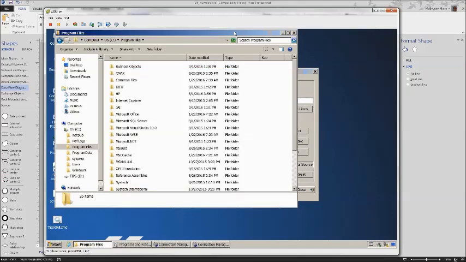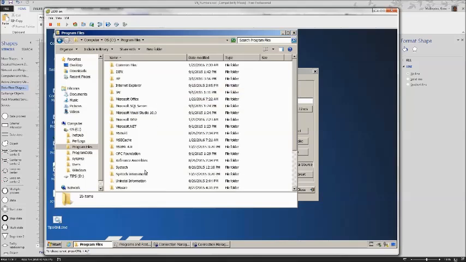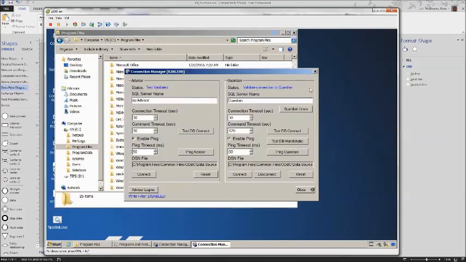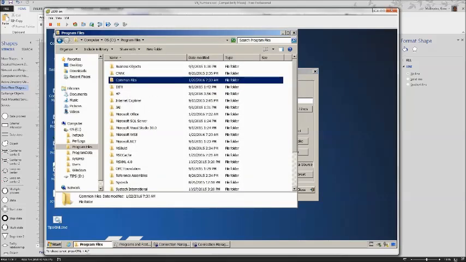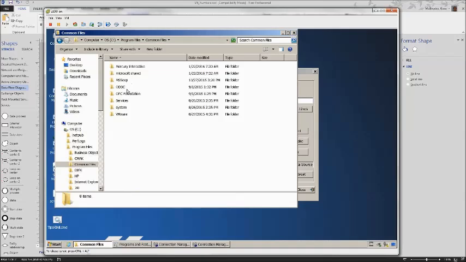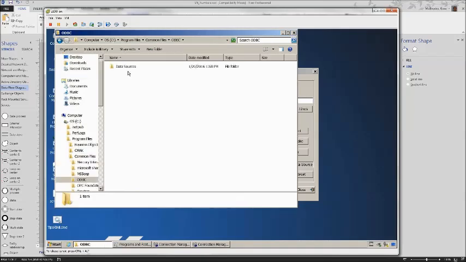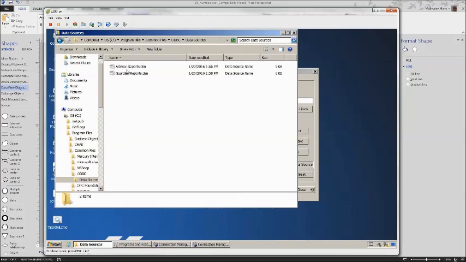So, for example, if you're in a domain, you should have a line inside of the DSN file that says network something, right? If you're not in a domain and that line is there, your report wouldn't work. So on an advisor, if you have these two files, if you open it in Notepad,